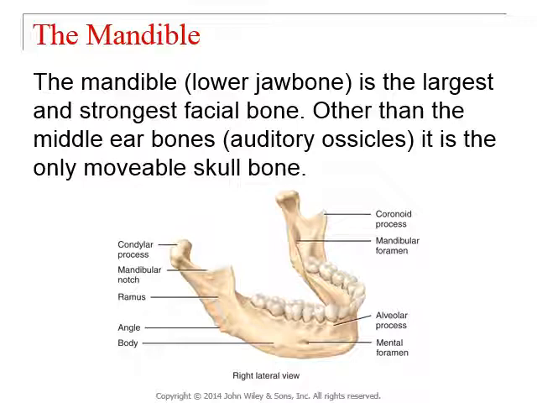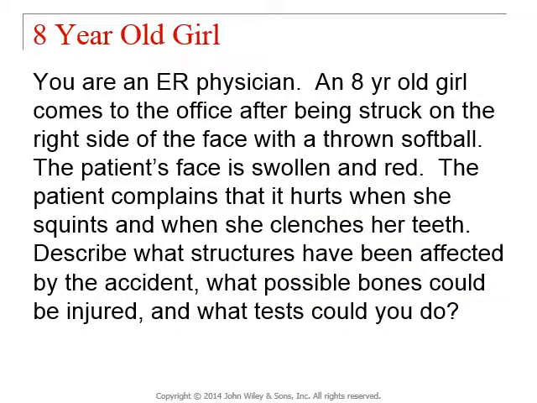So I do want to point out, if I do show this up on the slide, naturally it will show the teeth. So if you see teeth on the lower jawbone, you know it's the mandible, and it's not the hyoid, although there is some similarity, which I'll point out to you when we get to the hyoid bone. So now that we've looked at most of the skull bones, let's take a step back and just assume that